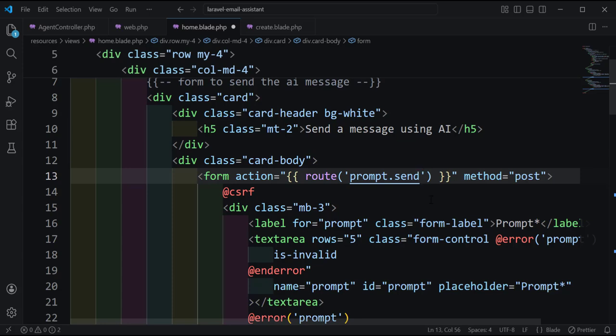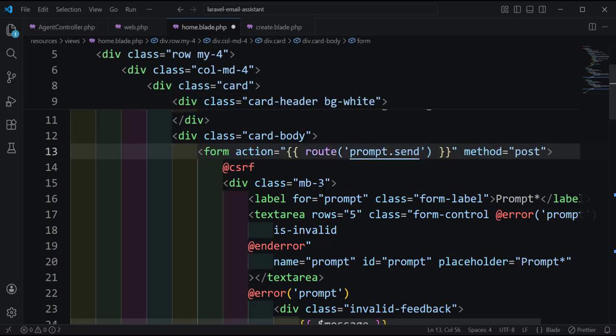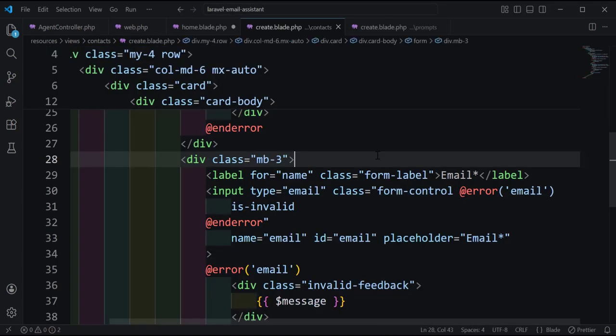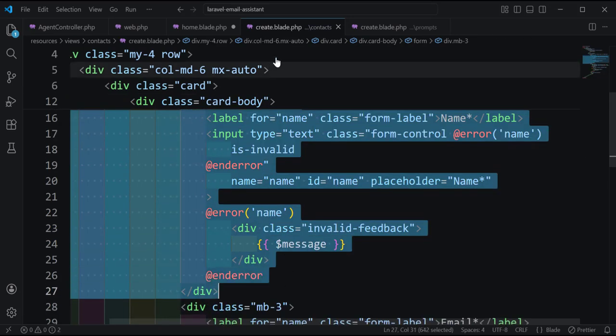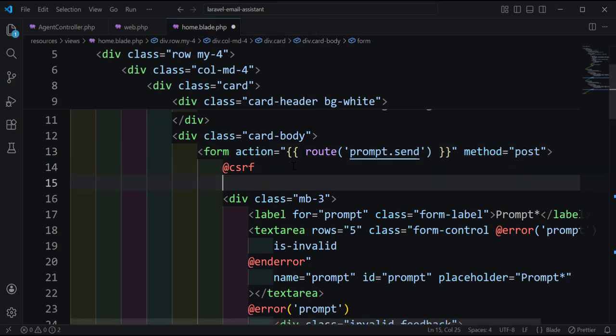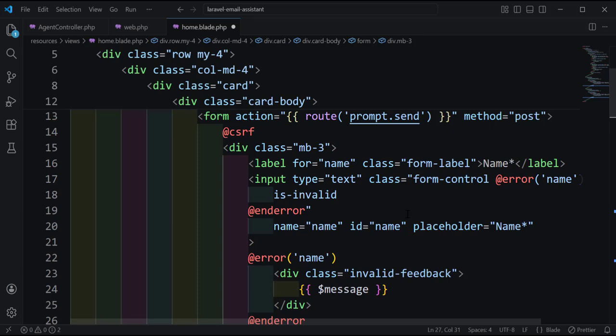And as I told you, here we need the contact name. So here we have a text area. Okay, let's check the creates. So this one, I think, for the prompts, let's find here the name. Let's copy this one from here and paste it here. So we need the name of the contact, and also we need the prompt, and here